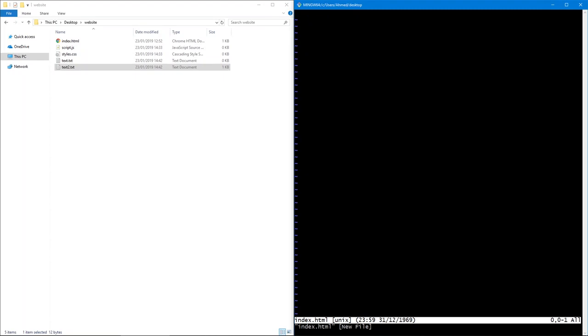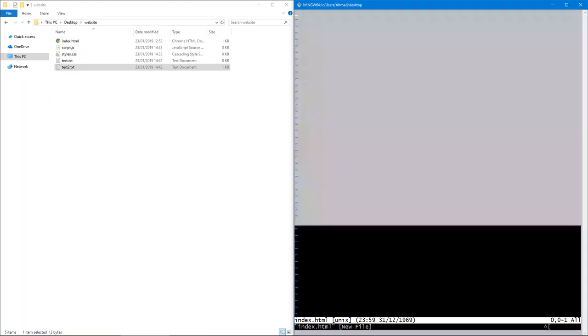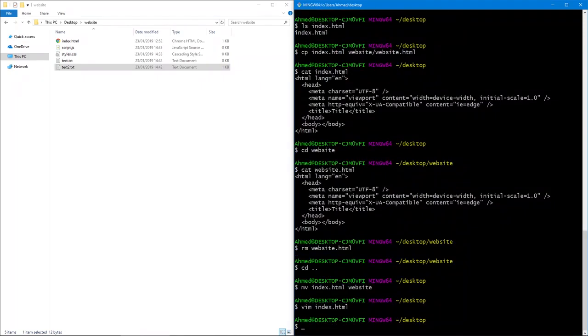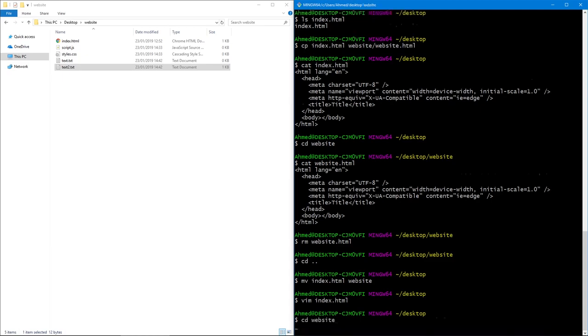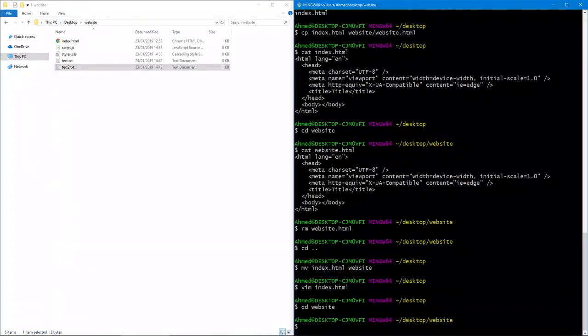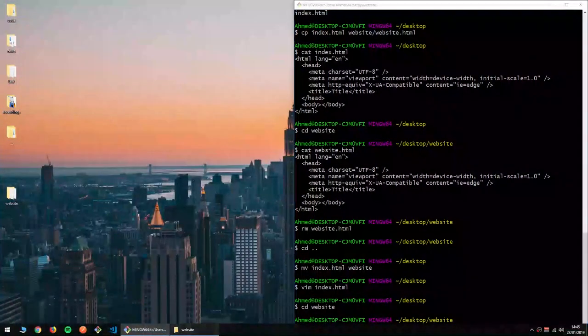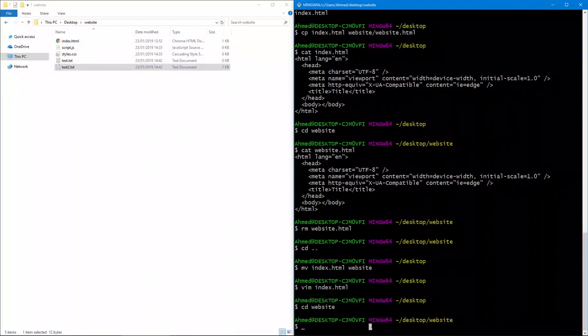That's actually, I think I opened it in the wrong directory. Yeah, in the desktop. By the way, if you do vim on a file that doesn't exist, it's gonna create it. So I just actually created an empty one. Oh, I didn't save. I didn't create it. Okay, so if we, here inside of website, want to edit this, actually, let's clear the console